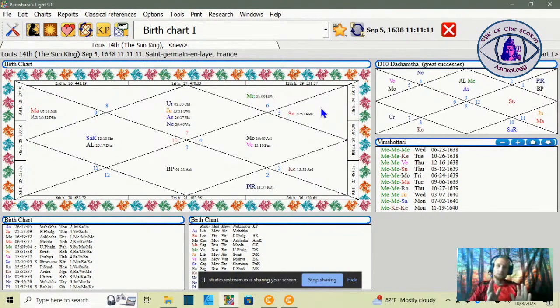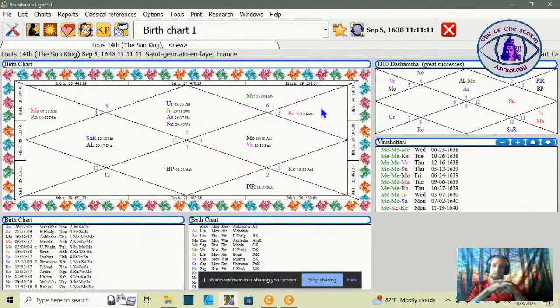So let's start off by digging into his lagna, his ascendant, and then we'll look at some other very important things that are going on and how those actually played into his personality, the way he reigned, why he was successful across really all the different areas of his life. This is a very, very strong chart. There's no wonder that this person karmically had this much success in their life and left an imprint on history that still affects people to this day. That's quite a lot to accomplish in one person's life.